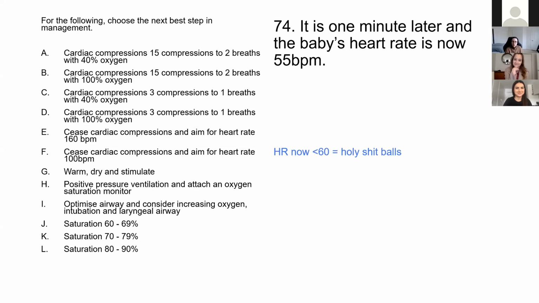And so, next step in the resus pathway is to go straight to some, I'll just wait actually so people can give me their answers. Yes, we're going to go with compressions. And the ratio of compressions that we're going to be doing for a neonate is 3 compressions to 1 breath with 100% oxygen. So as I said, these questions are directly from a previous